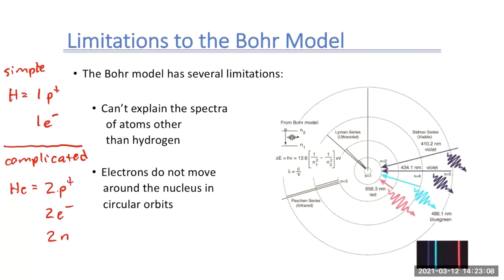They have much more complex orbits, and we'll see that later. But with the Bohr model, we can calculate the wavelengths for different hydrogen emissions and different hydrogen spectral lines. So you should be able to calculate the wavelength of any emission, or you should be able to calculate the energy levels